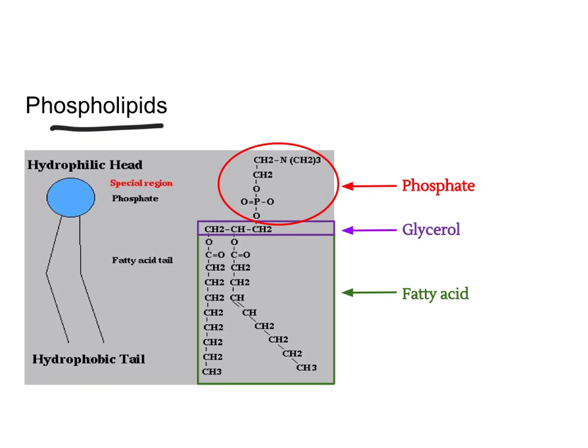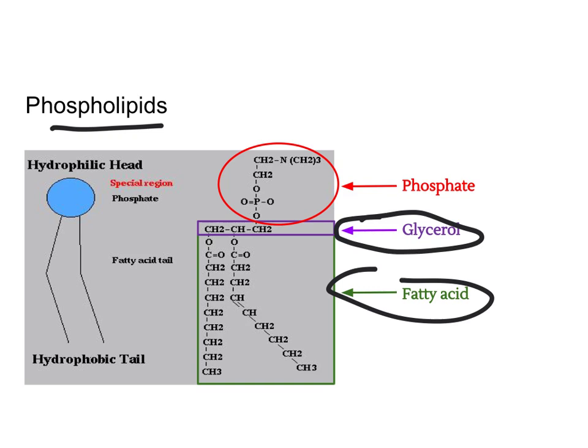So both phospholipids and triglycerides each are made up of 4 monomers. Just like a triglyceride, one of the monomers of a phospholipid is the glycerol molecule, which is right here in purple. Whereas a triglyceride had 3 fatty acids that act as monomers for it, phospholipids only have 2 fatty acids. So you can see there's one fatty acid right here, and then there's one right here. Remember, if we were looking at a triglyceride, there would have been a 3rd fatty acid that doesn't exist in